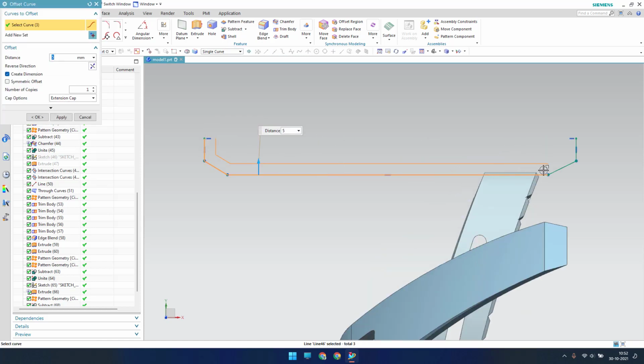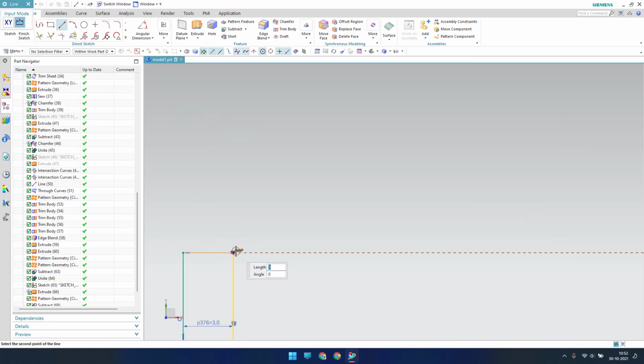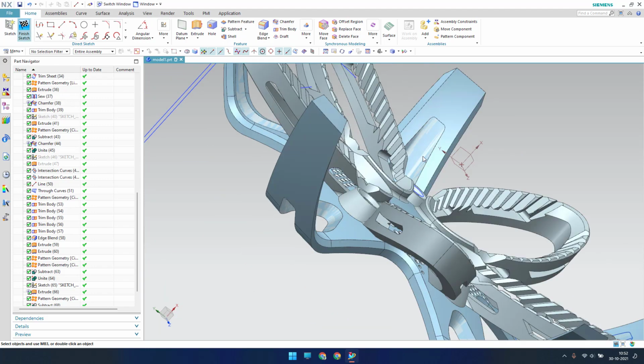So these all should be offsetted at some distance. So let me keep it as 3 mm, and I'll just click OK. Now I'll just close this, and here as well. Okay, let me finish the sketch.